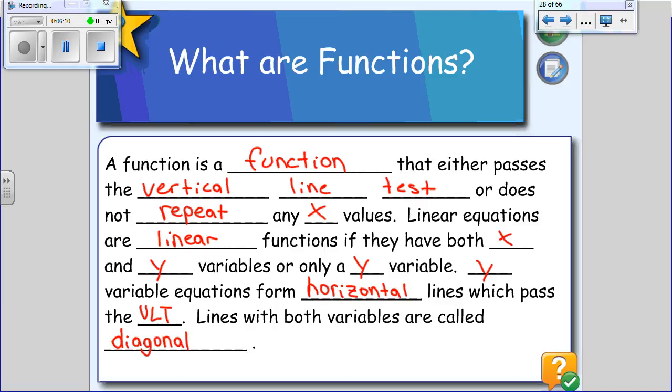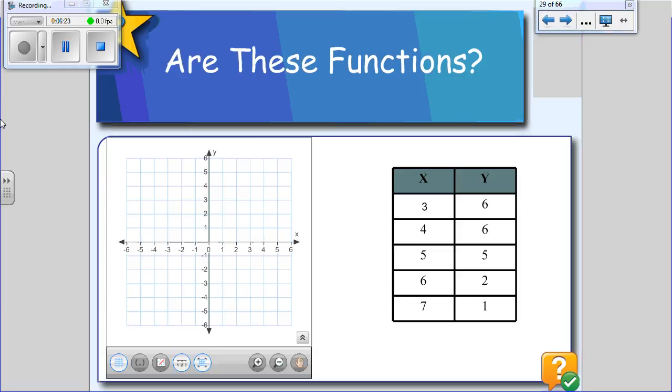That's not VLT. Again, this is all just kind of review about what vertical lines, what straight lines look like, and what straight line functions look like. So,